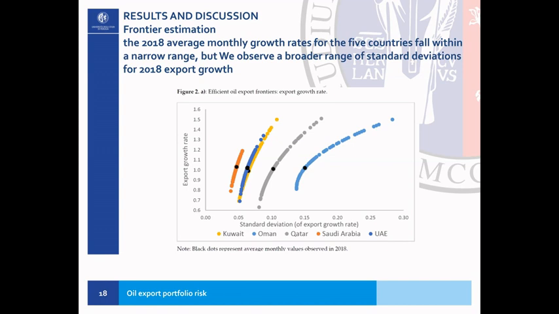Bahrain, we couldn't get decent data. They do not have enough customers for oil. Bahrain is actually exporting not such a big quantity, so we couldn't get a significant econometric relationship. So this is a decent picture of the mean variance, or the risk return analysis, of the portfolio of the customers of these 5 countries.